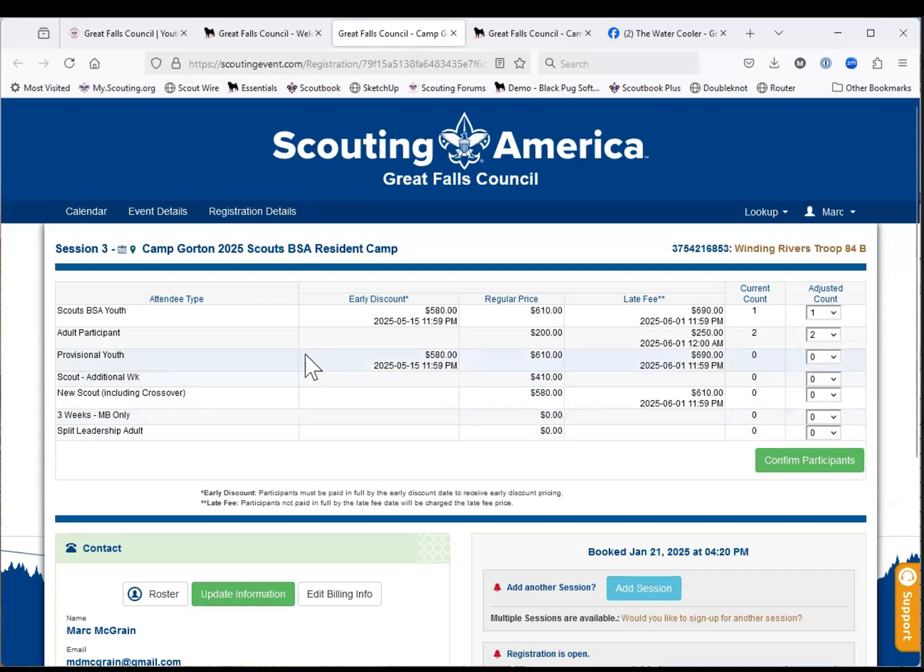So if we look at the registrations, we have our youth, and this is obviously a Scouts BSA, but the Cub Camp works identical. So Scouts BSA are adult. Provisional, for anyone who's not familiar with that term, that is a scout going without a unit. So they're going to be there by themselves. An additional week of camp. New scout including crossover, they get a little bit of a discount. If they're going 3 weeks only, if you've got